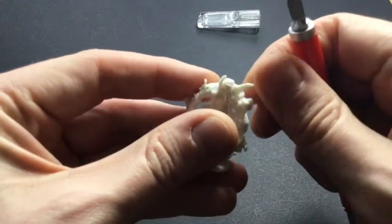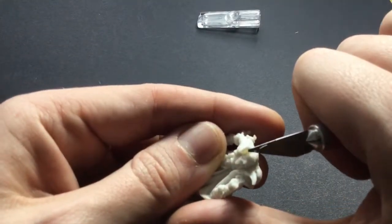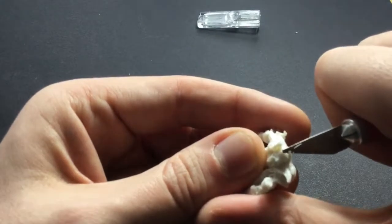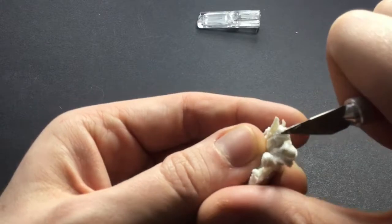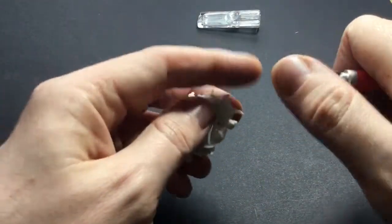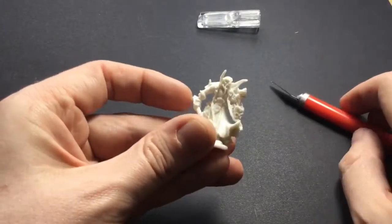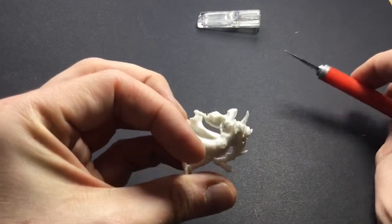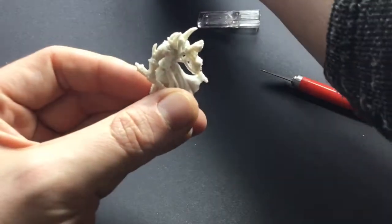If you do find that you take off too much plastic, it is possible to then get back in and really have another go and put some of the texture back in. That takes a little more practice, but with the Bones things, where I would pay between £2 and £3 probably for a miniature like this, it's a good opportunity to try out some of those things that you wouldn't necessarily do otherwise. But as I say, I won't do this whole miniature at this point, but I would make a start with that and get rid of some of the worst things like that,